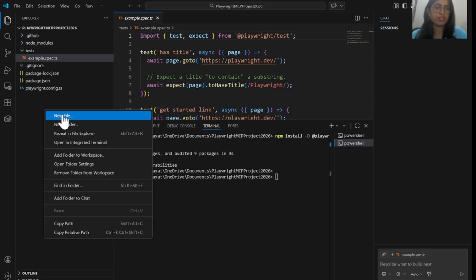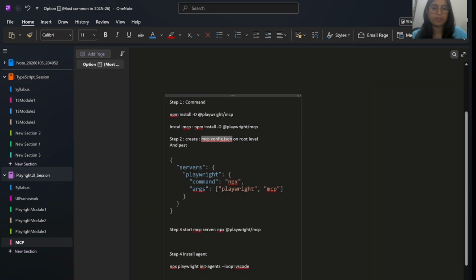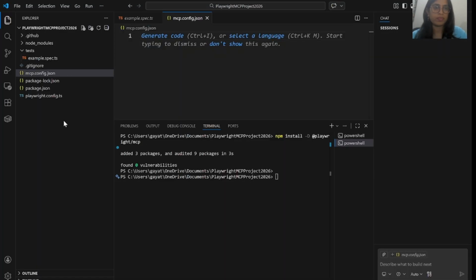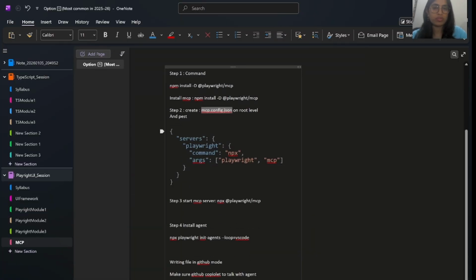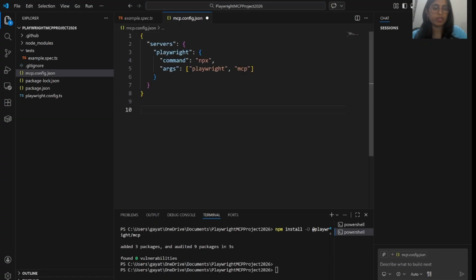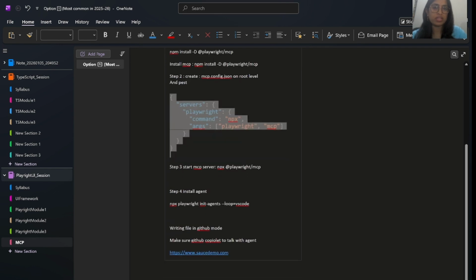Let me create this new file, MCP config. This is the file. I'm going to copy all this, paste it inside, and save it. So this is done.